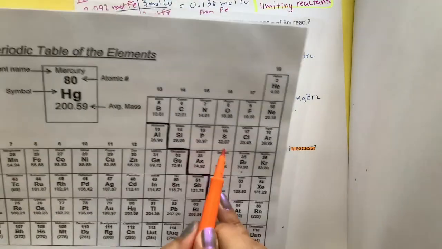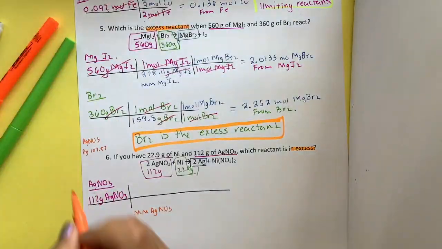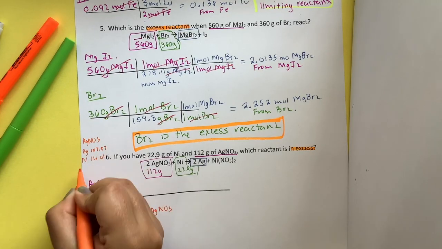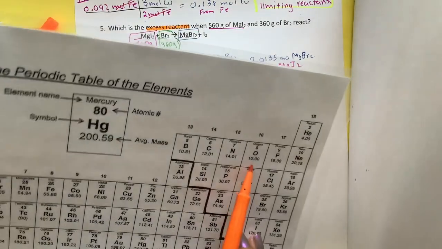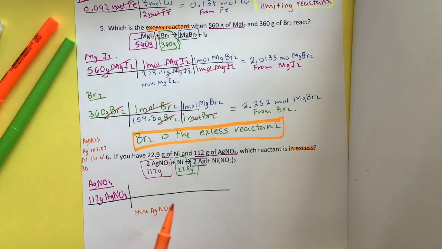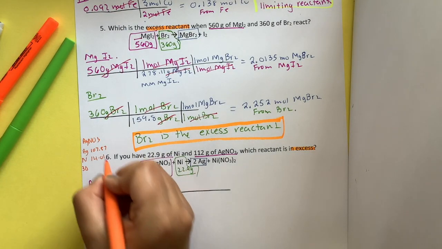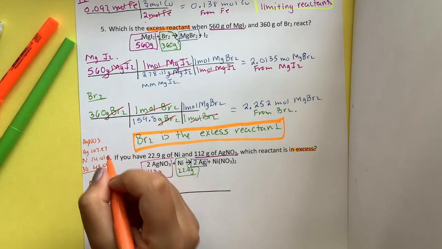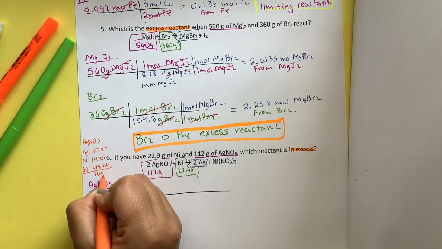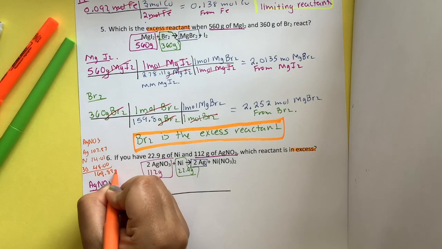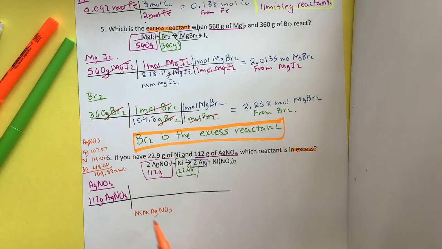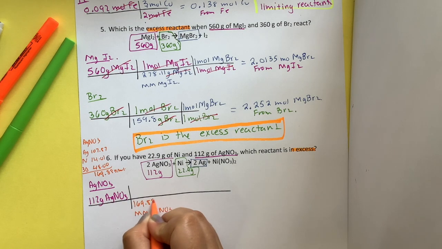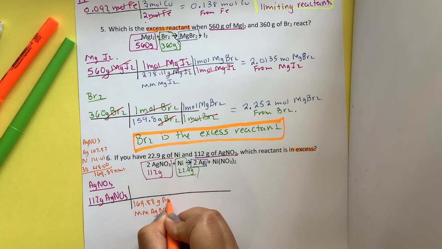Nitrogen, I have 1. It is 14.01. And oxygen, I have 3 oxygen. Each oxygen is 16 times 3. That is 48.00. I add all of them, and it gives me 169.88 grams per mole. Okay, so I'm going to put the number down here. 169.88 grams of AgNO3